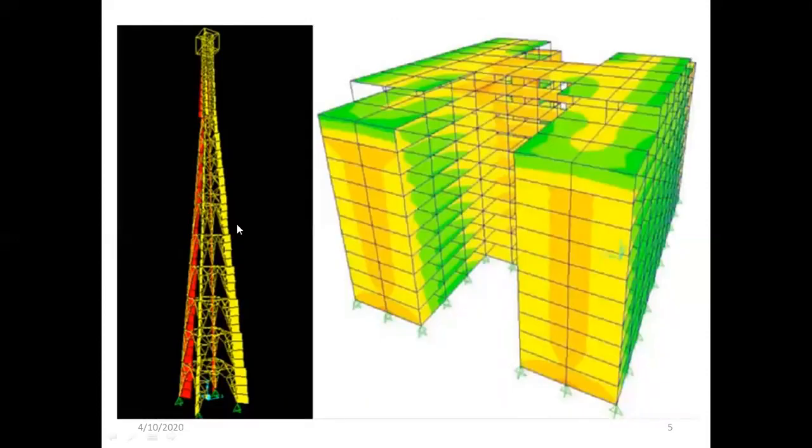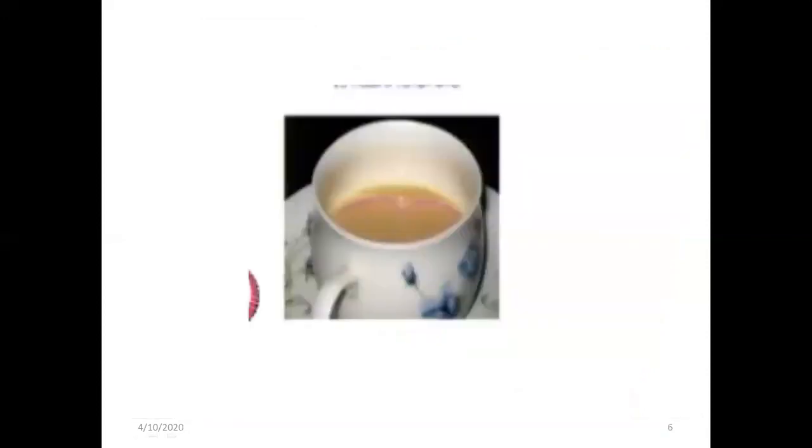Now these are experimental stress analyses using advanced computer aided design. This is of steel structures, and this is concrete and composite structures, which we perform using STAAD also. Now this layer which we see is the temperature variation in a cup when we pour tea into it. Similarly, we have seen in movies that by using a night vision camera, we can see a different color combination on a man. This is basically the temperature variation of a human body.